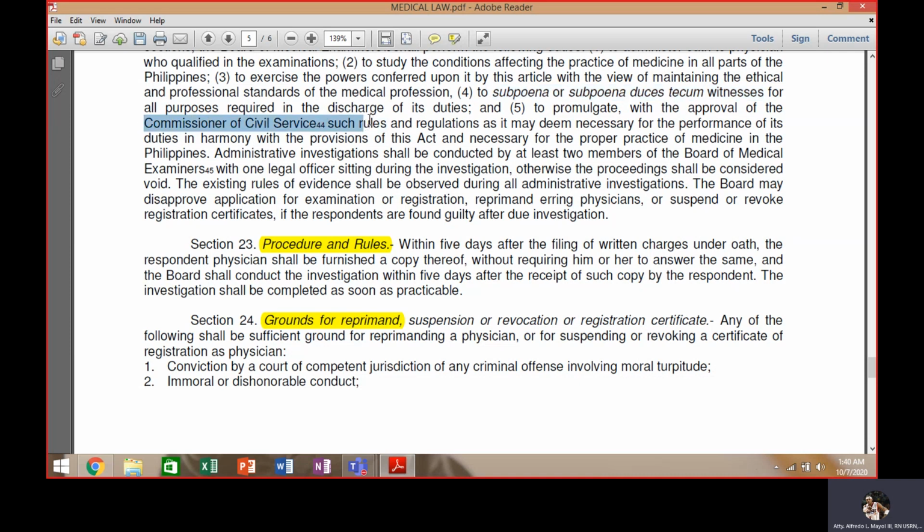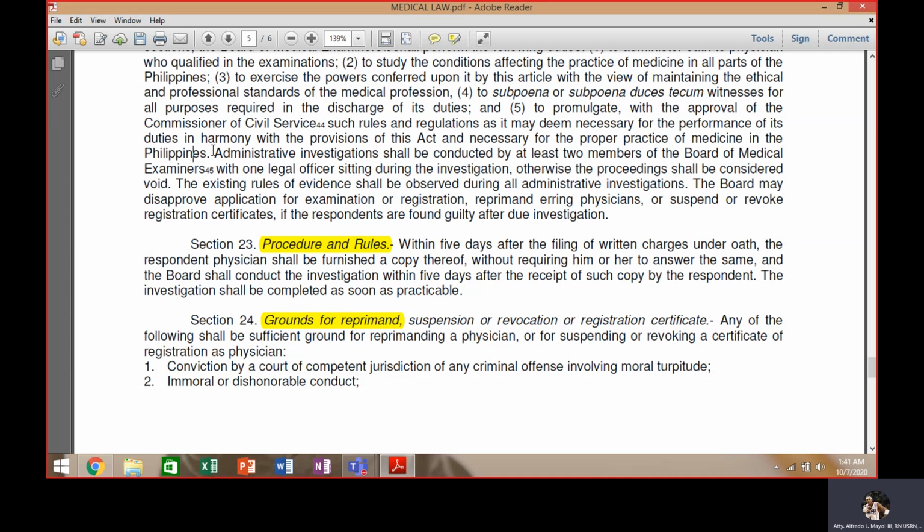Okay, there are two types of subpoena. Subpoena duces tecum, okay, where documents are being subpoenaed, and subpoena testificandum, where a witness is being subpoenaed. When you say subpoena, it means that you are required to be presented in court. So such rules and regulations as it may deem necessary for the performance of its duties in harmony with the provisions of this act and necessary for the proper practice of medicine in the Philippines. Administrative investigation shall be conducted by at least 2 members of the Board of Medical Examiners with 1